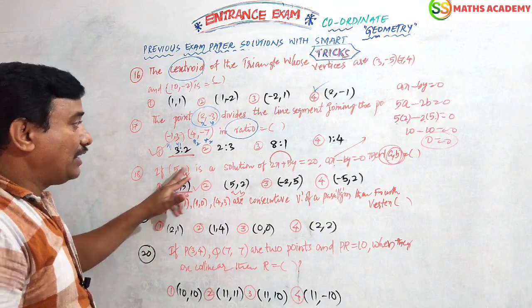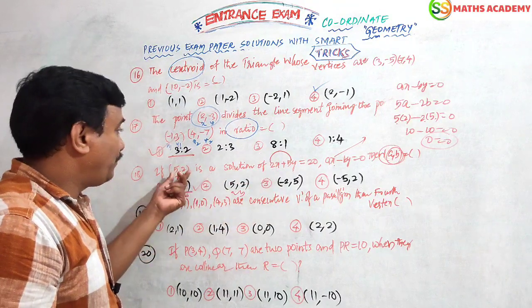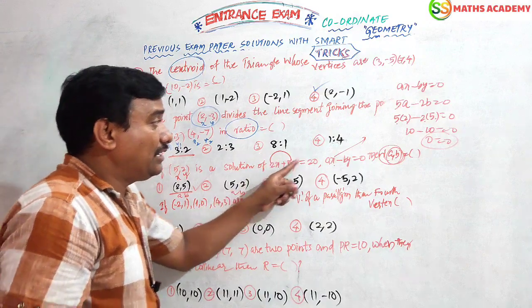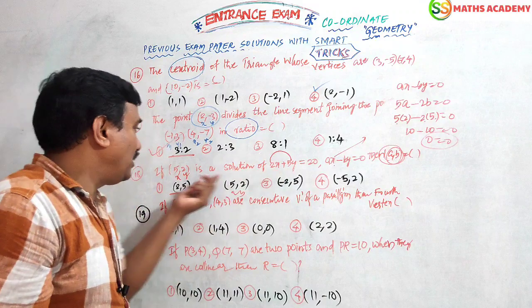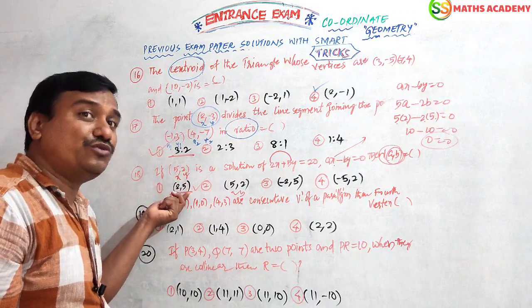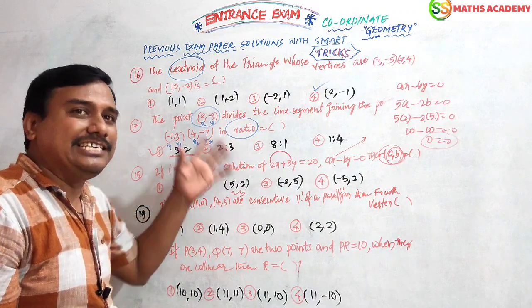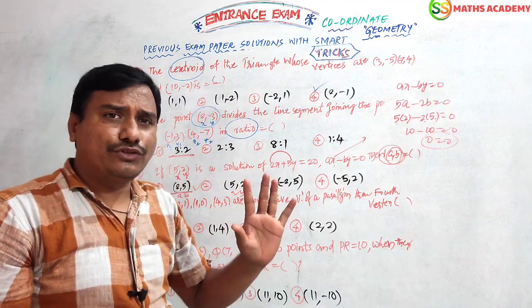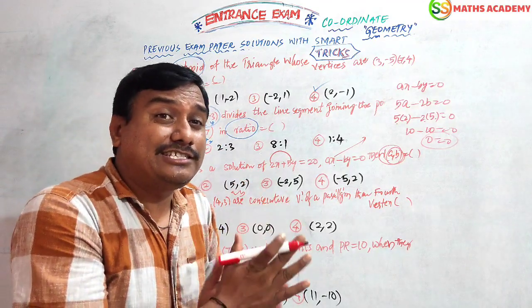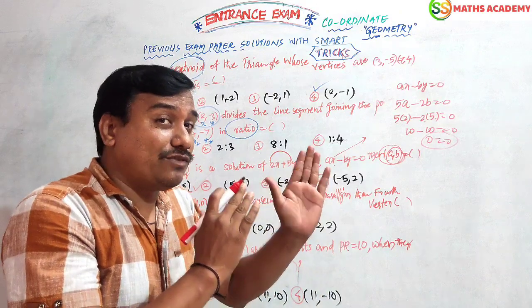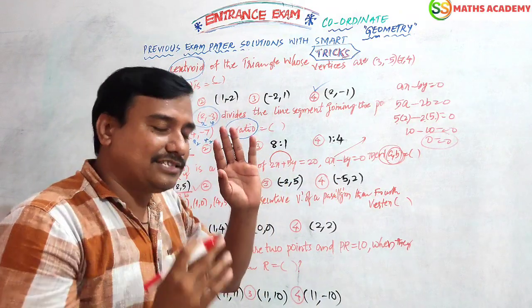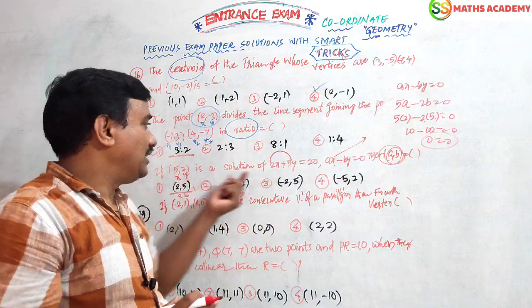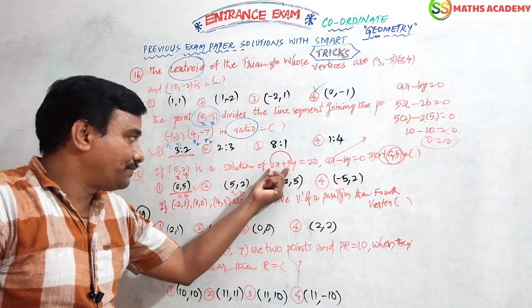When it is 5, 2, it becomes 2, 5. Here (5, 2) is the solution of this one, so the 5, 2 will be interchanged, so here 2, 5 is the answer. That's it. By seeing the question, you can say the answer, for any kind of question. Yesterday I told you how to find the distance between the points: without the first value, the second value's signs will be changed, and then we can write the direct answer, 2 plus 2, like that. Same process: here 5, 2 interchanging, and that is the answer.